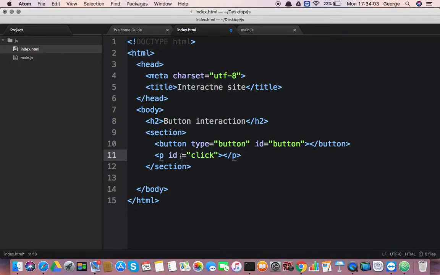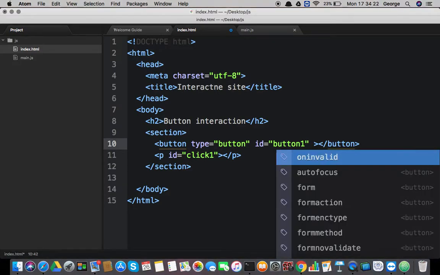So first I'd like to show you the HTML syntax for this. In JavaScript, it will be much more interesting. We'll create variables and use the document. But in case you want to know